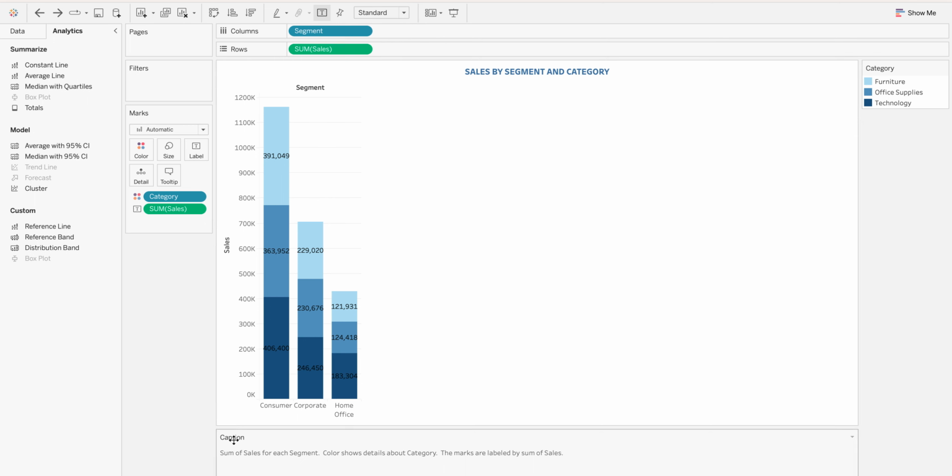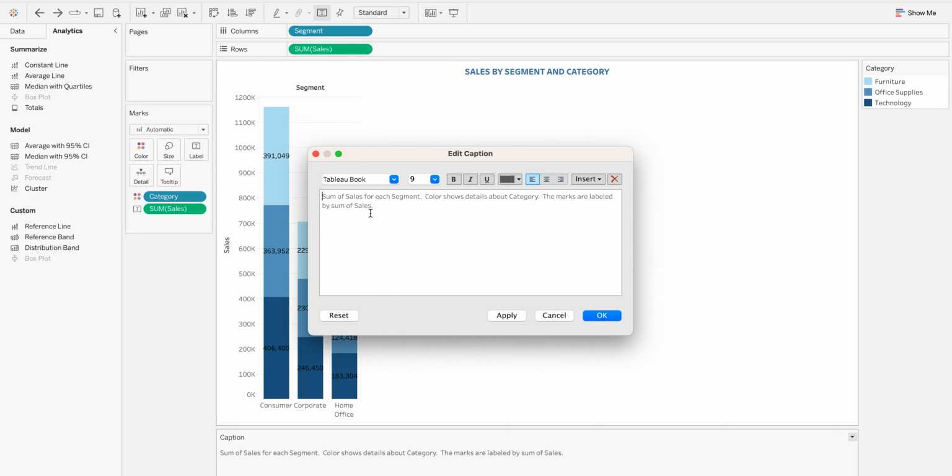Now if you are not interested in this, if you don't want to give any detail about this, but you just want to show the source of your data or so on, you just come here at the right side. You will see edit caption or hide caption, or you can format it. It depends. So you can just go here on editing. If you don't like this sentence, you can change it. You can just wipe it out and write whatever you want. Let's assume I just want to say source of data. Anything that you want to write down here, you put your source, whatever, and then